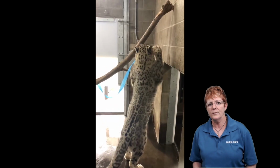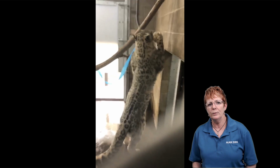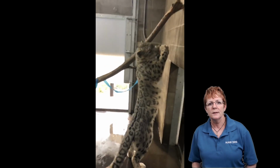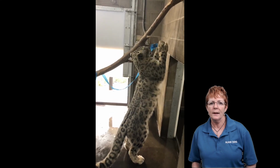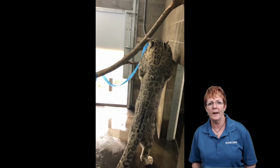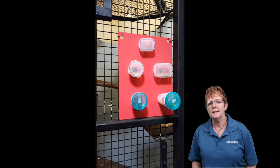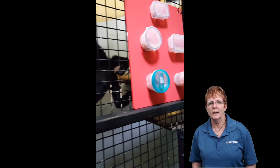Now in our cat carnivore section, they run a calendar for the red wolf. They have one for the bald eagle, one for the fennec fox. They also have a calendar for Pallas's cat, the lions, and then the cat house, which includes the snow leopards, Amur leopards, African leopards, and bobcats. So as I said, there's no one size fits all, but in general, the calendars follow a fairly similar system